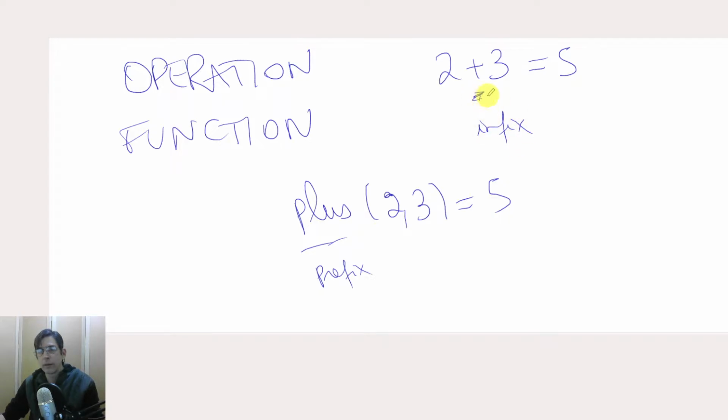And when it's infix, the function, which is plus, is between the arguments. So for our context, operations and functions are the same thing, but in programming languages they can be different. Okay,